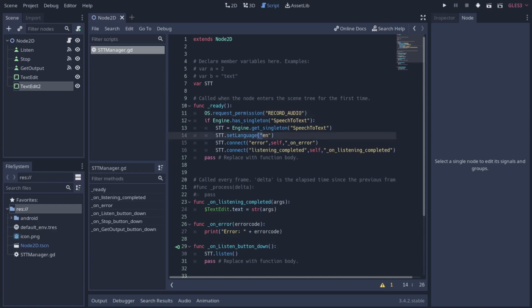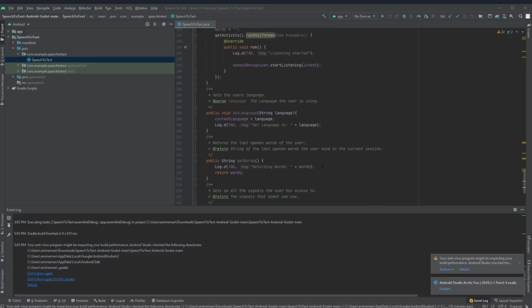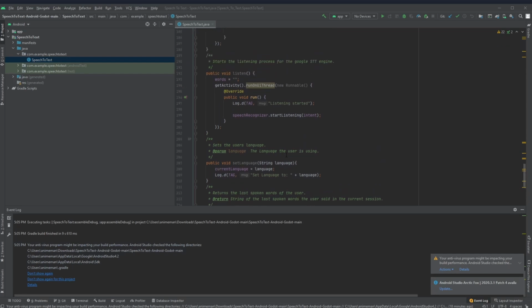We're setting our language properly. We connected our stuff. That all worked. So let's go ahead and... Okay, so I figured out what the issue is. It turns out that if you